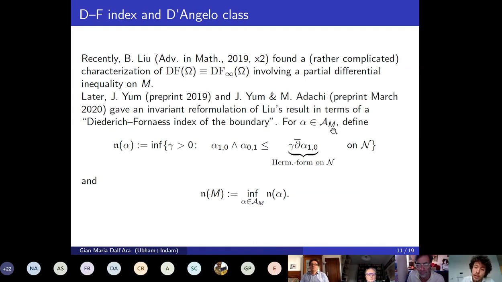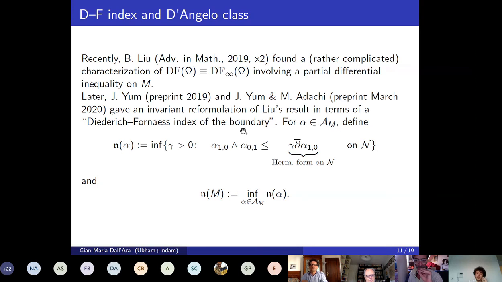Okay, so first of all, on the boundary, we associate to the boundary this class of D'Angelo forms. What we are going to do is to define N, Gothic N of alpha, for any possible choice of a D'Angelo form, a sort of norm. This is a non-negative quantity which you should think vaguely as a kind of norm. And this is defined as the infimum over all the possible positive numbers gamma with the property that this inequality holds. So the left-hand side is a non-negative quadratic form, alpha^{1,0} wedge alpha^{0,1}. Alpha is a real one-form, so the (1,0) part and the (0,1) part are, of course, well-defined. When you wedge them, you get an object which we think of as a